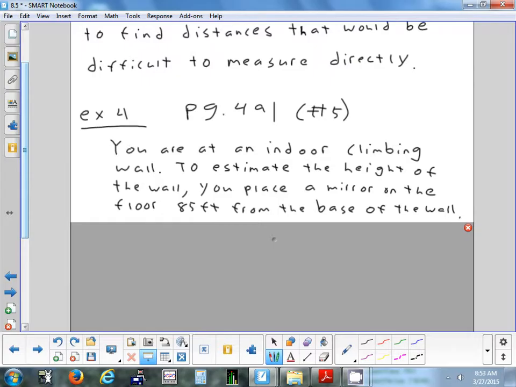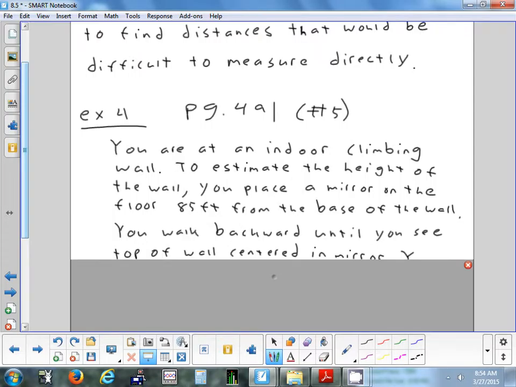The point is that if you're placing the mirror on the ground, it's very easy to measure the distance on the ground. It's flat. Measuring the distance up the wall, let's say you had a wall that was like 400 or 500 feet high, a really, really high wall, that would be hard to measure. But the ground, even if it's a very, very long distance, is easy to measure. So you're going to put a mirror on the floor 85 feet away from the base of the wall,